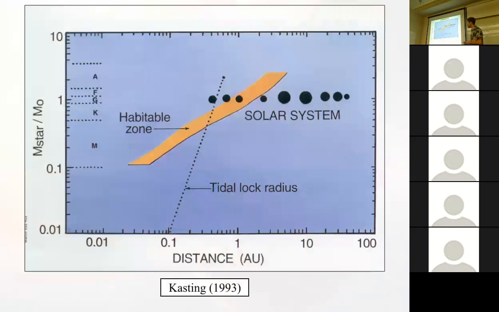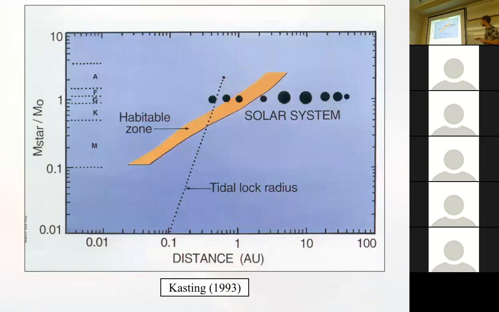To define the habitable zone, and there's lots of literature on what the habitable zone is, in a hand-wavy way you could say: what's the distance from the host star where the incident flux and temperature would be right so that liquid water could exist on a planet? And you can define this habitable zone as a function of the mass of the star and the distance from the star. This yellow area here shows you the estimates of this habitable zone.